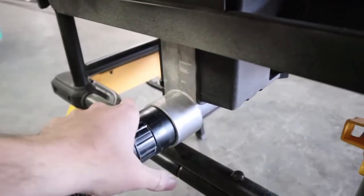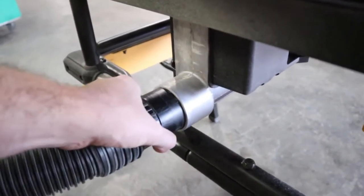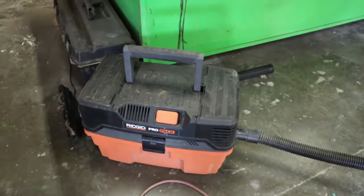So I don't have central dust collection. What I'm using is a Rigid portable, I call it the lunchbox shop vac. And then I have a little Dust Devil they sell at Home Depot for like $50. And I'm just running it through a 5-gallon bucket. So it goes table saw to tornado, 5-gallon bucket into my shop vac, which saves a lot of time and